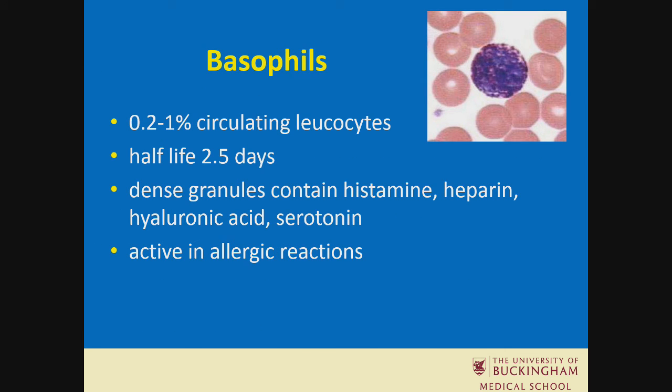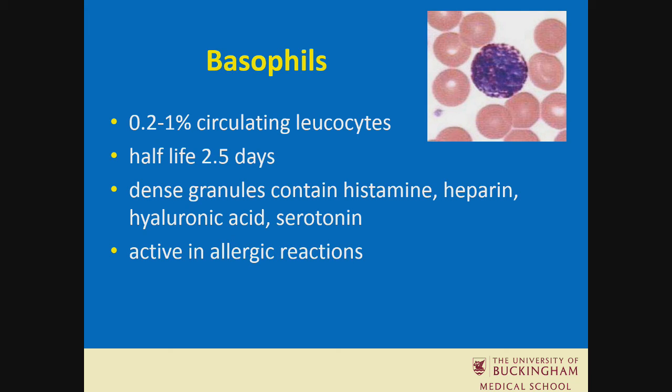Basophils are very similar to mast cells, functionally very similar as well. Initially thought to be of the same origin, but I showed you earlier on they actually have a slightly different derivation. But to all intents and purposes, they're a circulating version of mast cells. There's some evidence that they actually migrate to sites where mast cells are active to complement their function. They do very similar things. They've got histamines, which make vessels leaky. They've got heparin, which prevents blood clotting, and they